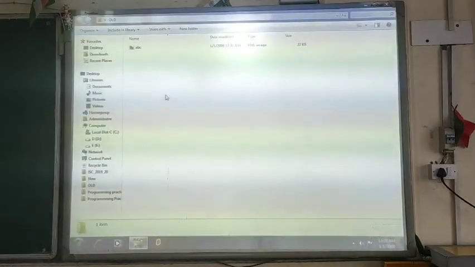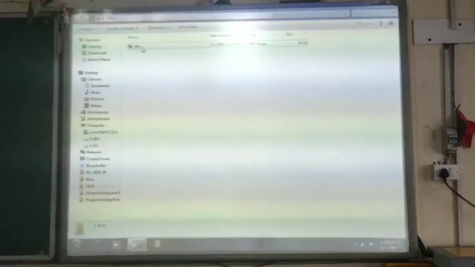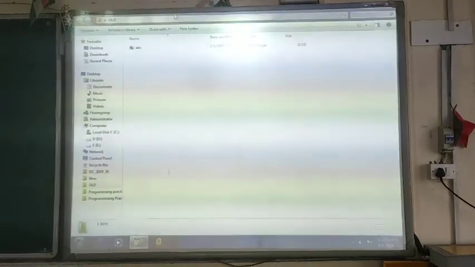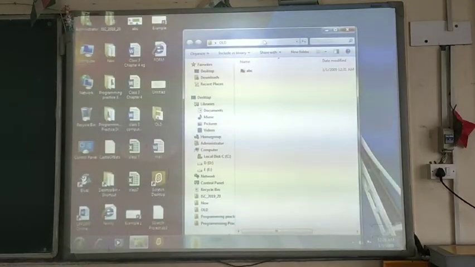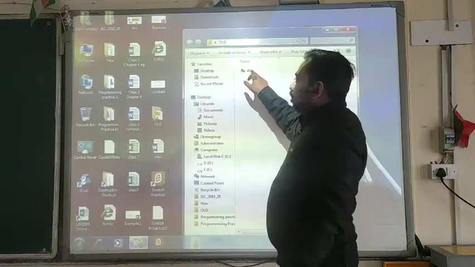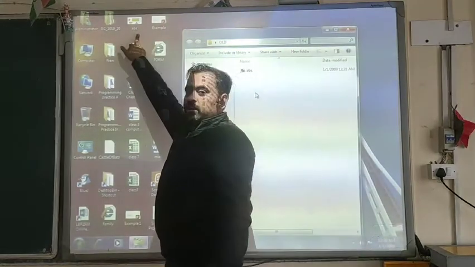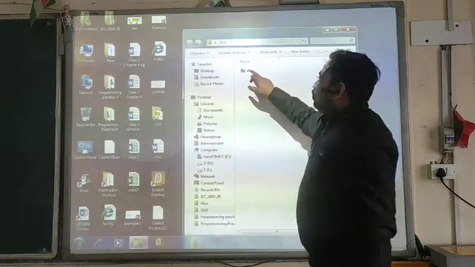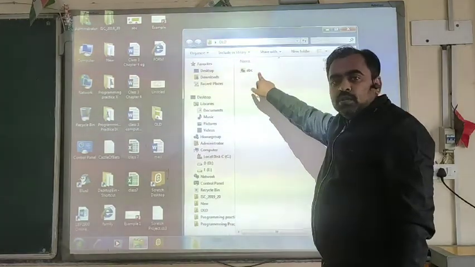As I click on the paste option, you can see the same file ABC has been pasted here. The same file is also updated on the desktop, ABC on the top, and along with that it also appears in the folder.